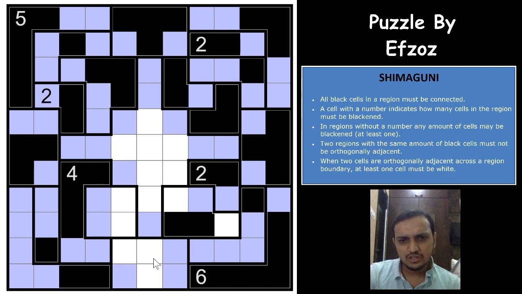This region, if you see, needs to have 3 shaded cells. It cannot be 1. No, it can be 1. It cannot be 2, right? It can be 1. But this region also, okay, possible. So if you see this region, this is unshaded. This region, if you see, cannot have 2, 3, 4, can have 1, 5 and 6. Okay.